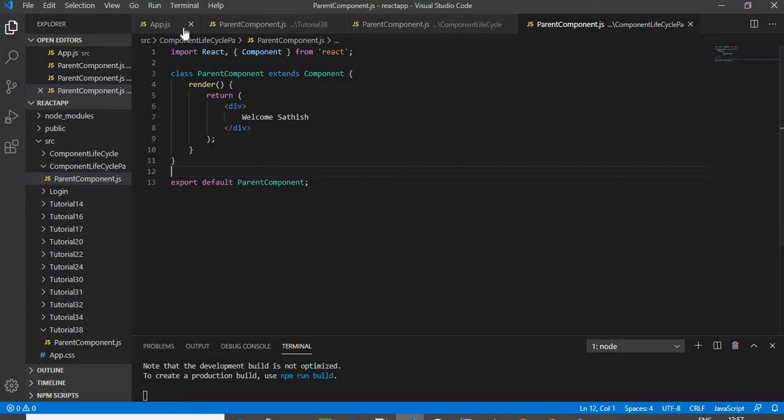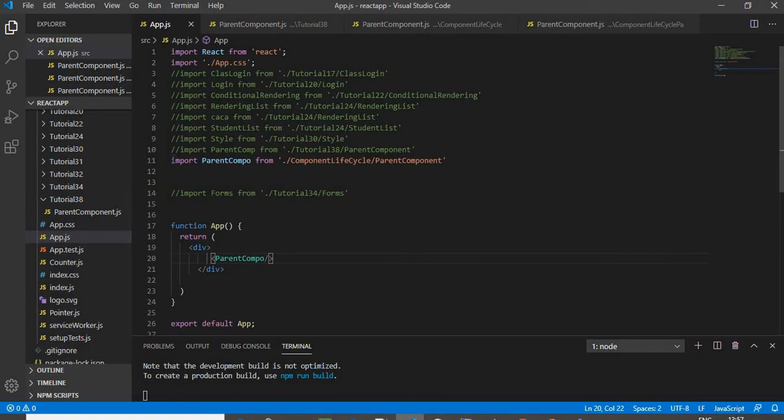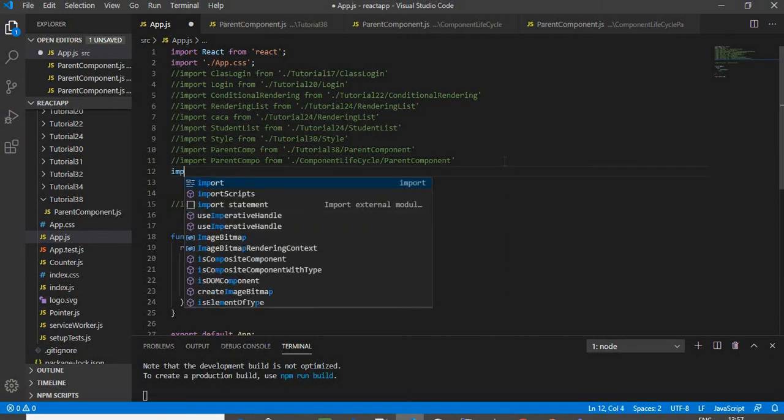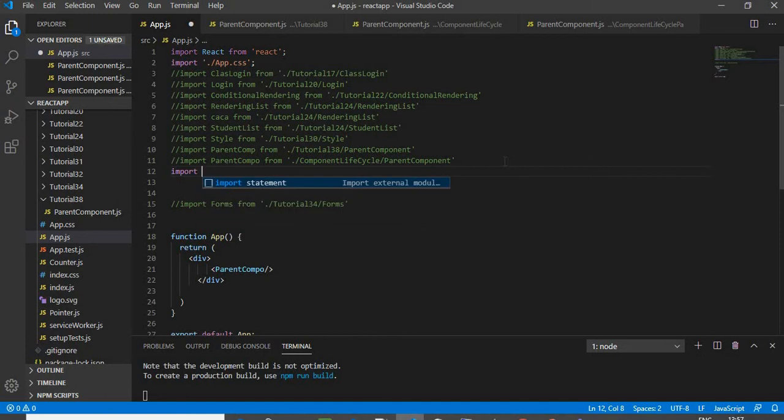And in app.js, what I am going to do is import the parent component which I have created a moment before.